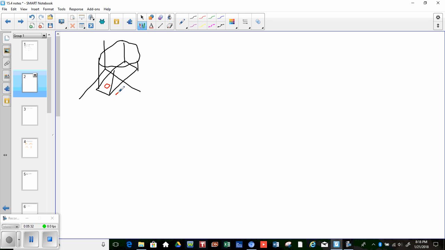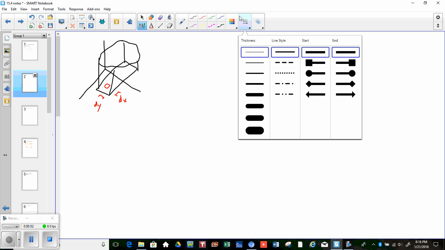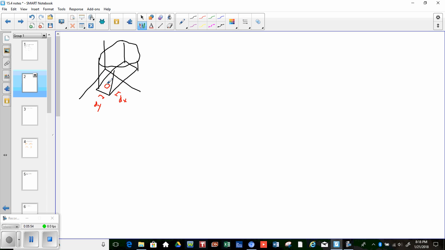And this distance right here, because it's in the x direction, is some kind of a delta x or dx. And then this distance right here, because it's in the y direction, is going to be your dy. And if we took that region and we extended it vertically up to the actual surface itself,